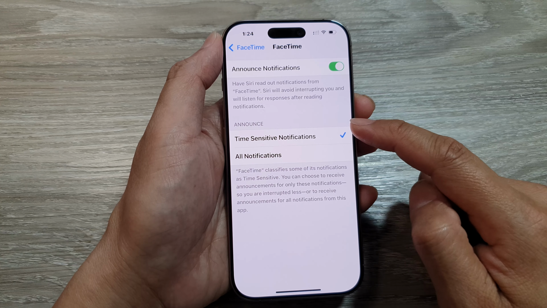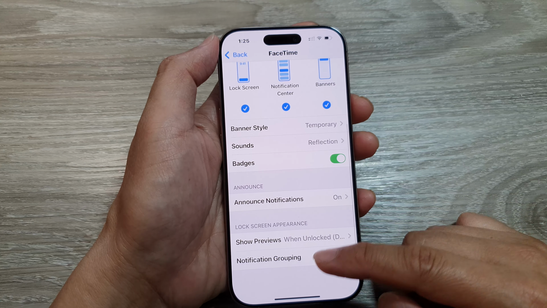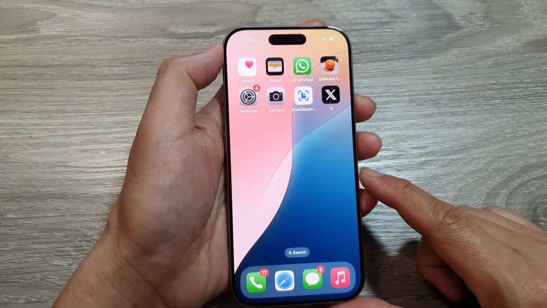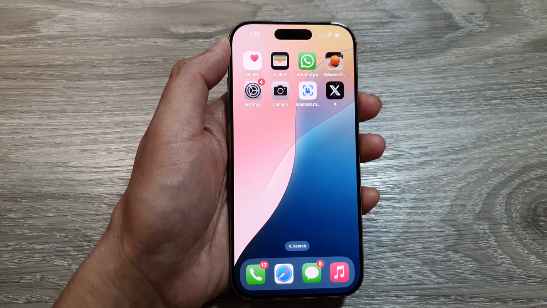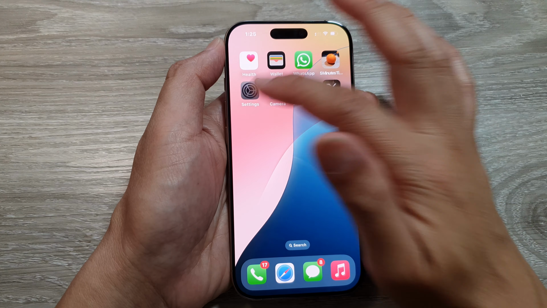So you can select which option, and after you can tap on the back key, swipe up to return back to the home screen. Now, if you would like to apply the change to other apps as well, you can